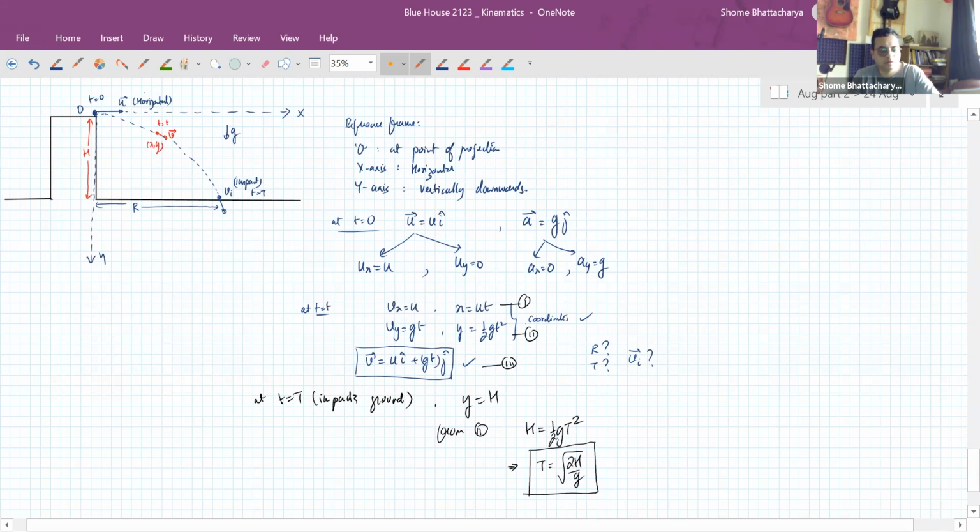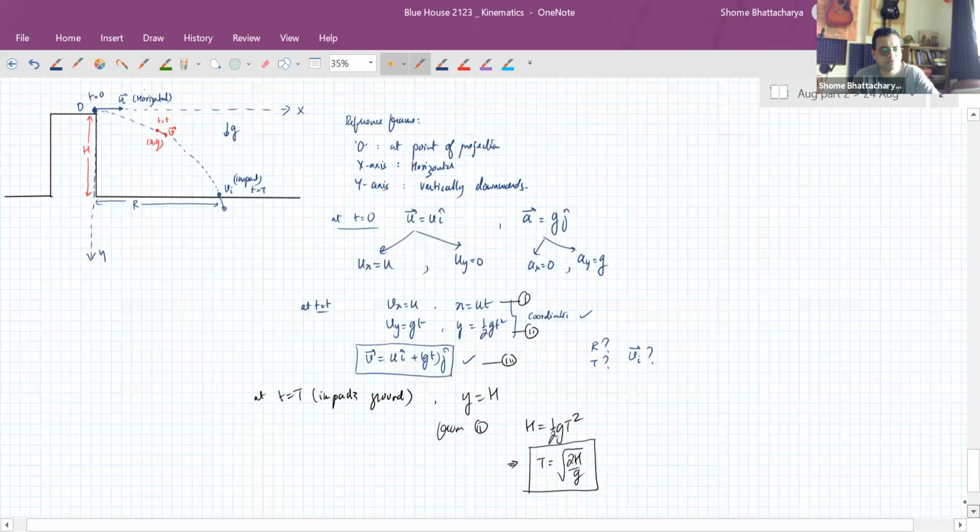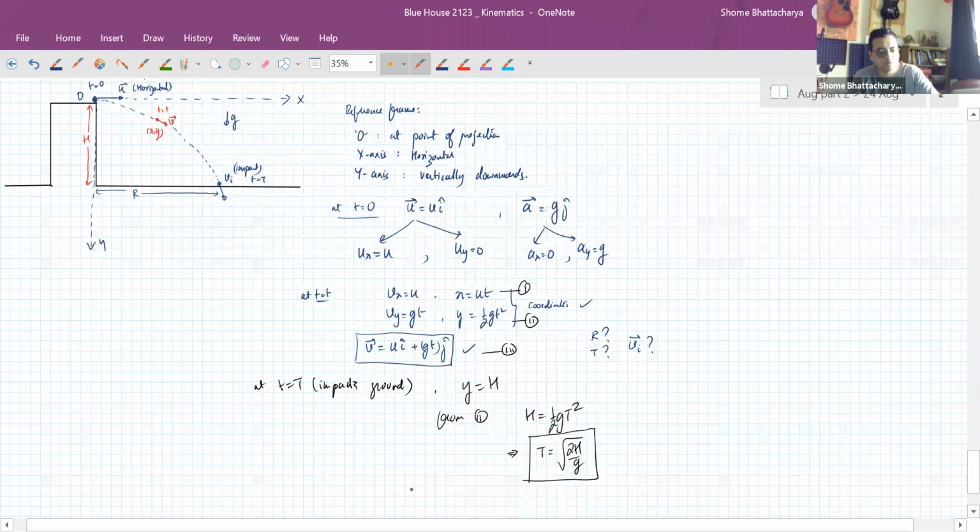And it is at that instant of time that the x coordinate is nothing but R. So from equation 1, you can see that R will become u into capital T. In this case, the value of capital T that we just calculated is square root of 2H by g. So this will give us this. Okay. And from equation 3,